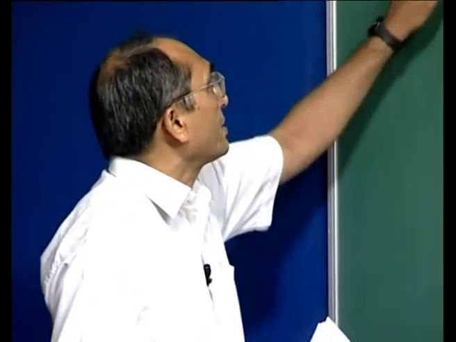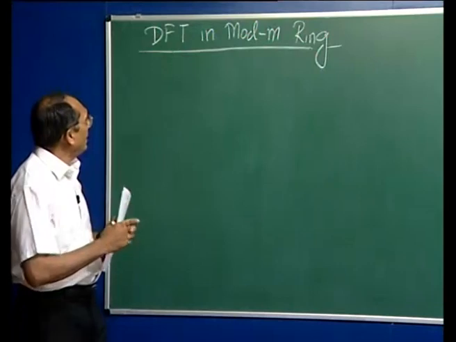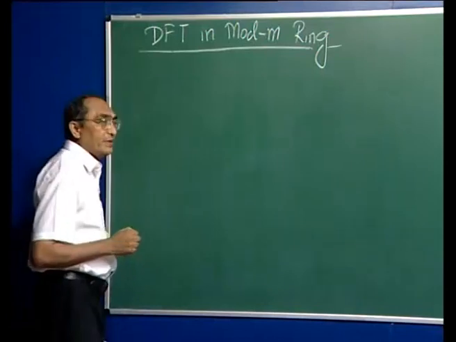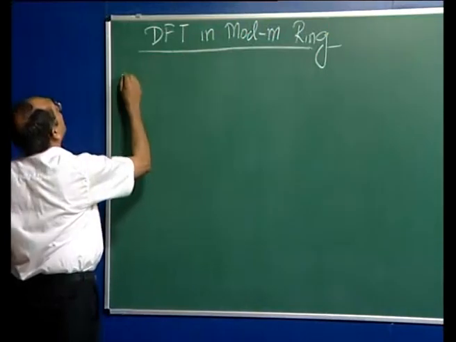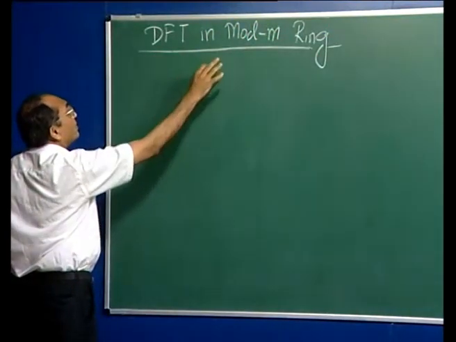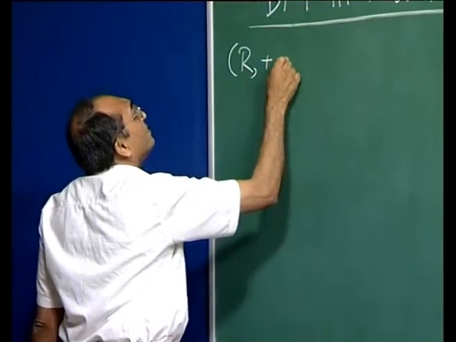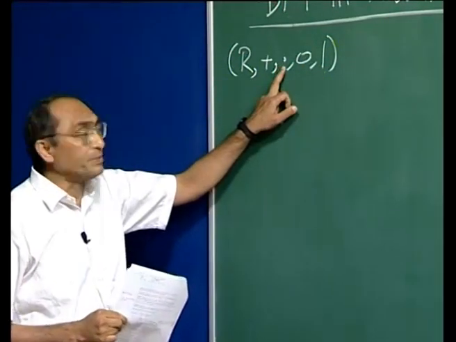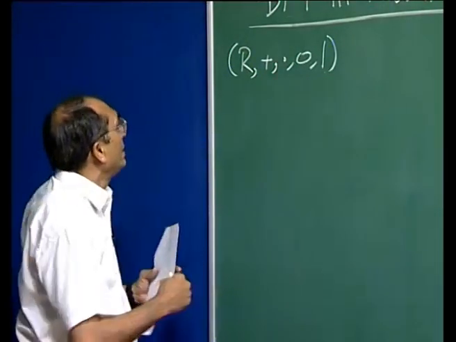Hello. In the last two lectures we have discussed discrete Fourier transforms and the fast Fourier transform algorithm for it. What we had said is that a discrete Fourier transform of an n vector, a vector of n elements, can be computed if the following conditions are true. First of all, the domain in which we are working is a ring R, which is commutative, that is to say the multiplication is commutative, and other properties of the rings hold.